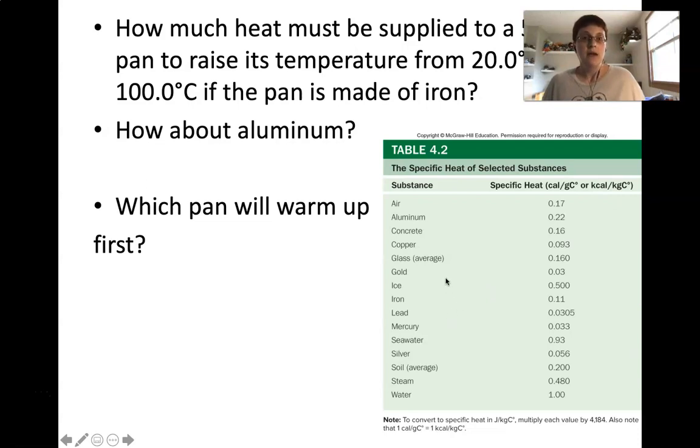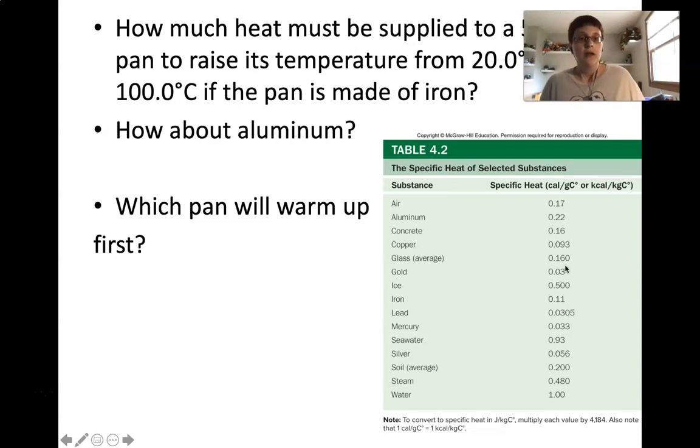Because again, many of you work in different fields, and you might be familiar with working with some of these materials by having to increase the temperature on them to alter them. So there's our copper with the 0.093. And I know some of you do glass work. So there is glass, and glass has an average of 0.16. So glass takes more heat to be able to melt and raise its temperature than something